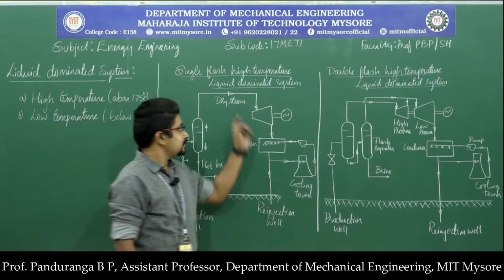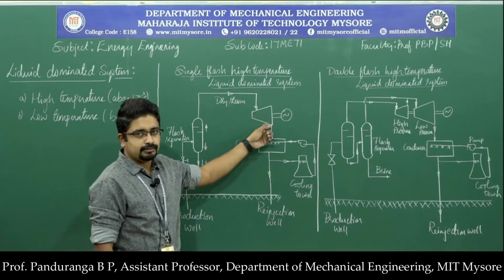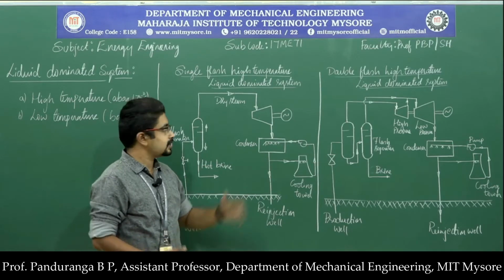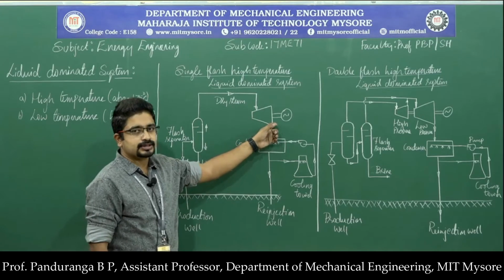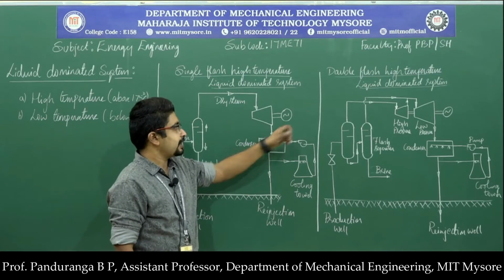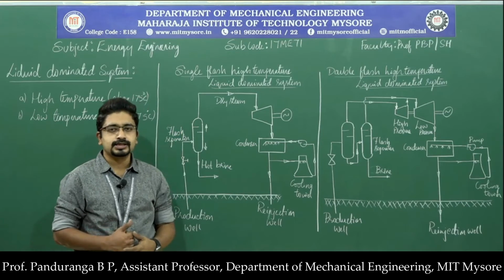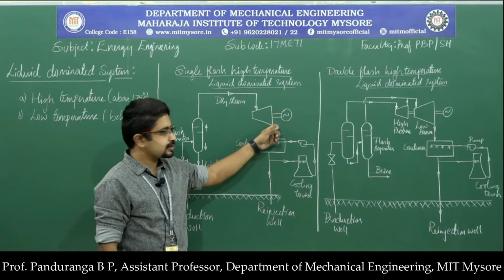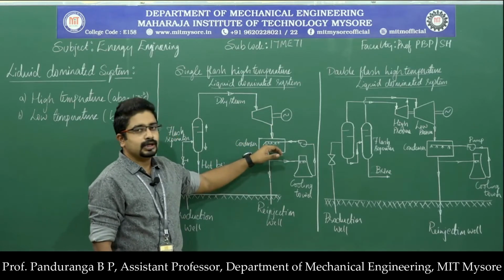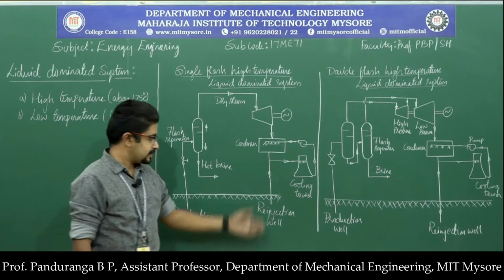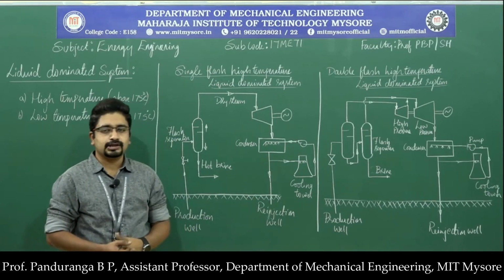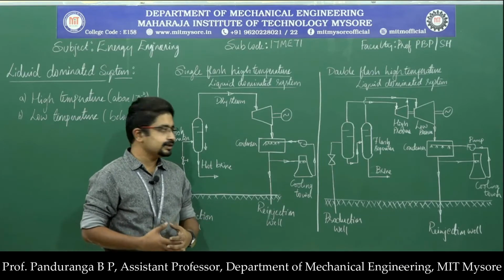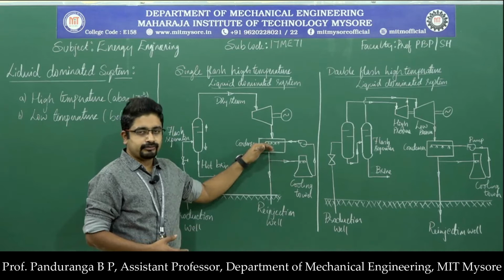The hot dry steam passes through the turbine, and the turbine absorbs the thermal energy available in the steam and converts that into mechanical energy, which is coupled to a generator that produces electricity. After the steam expands in the turbine and comes out, we cannot directly leave the steam or reinject the steam back into the geothermal source through the reinjection valve. So what we have to do is bring it back to the liquid state.